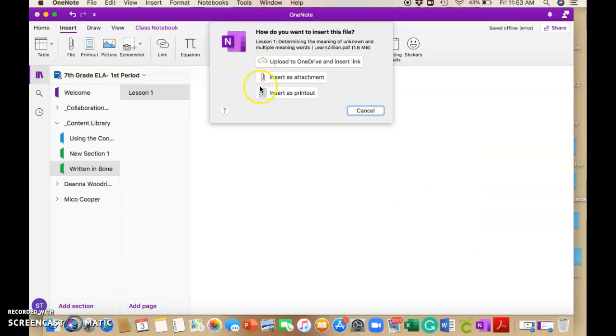will give us 3 options of how we would like to upload. You can upload the document to OneDrive and insert a link for students to click on. You can add it in as an attachment that students can click on, or you can simply insert it as a printout. I would suggest a printout for materials that students will just be reading. So you would insert the file as a printout,